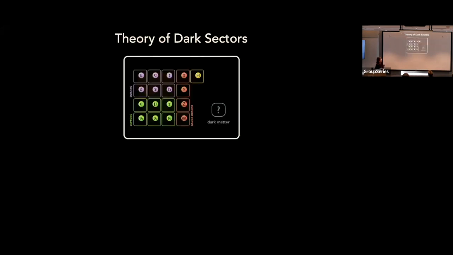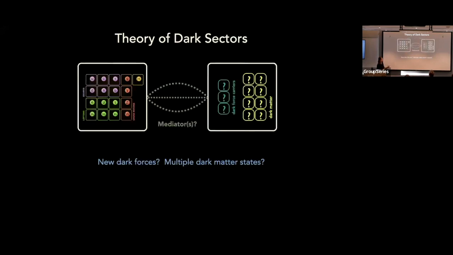So putting this back into our cartoon picture, our WIMP model fell in this category. When we want to think more broadly about these other kinds of models, referred to as dark sectors, what we do is put all of the dark matter physics in its own separate sector here. We separate it out from the standard model. In this separate sector, I can have one dark matter particle or more. I'm not limited by that. I can also add new forces that are indicated here by these green boxes. And so I can have a lot of interesting dynamics going on just in this sector alone.